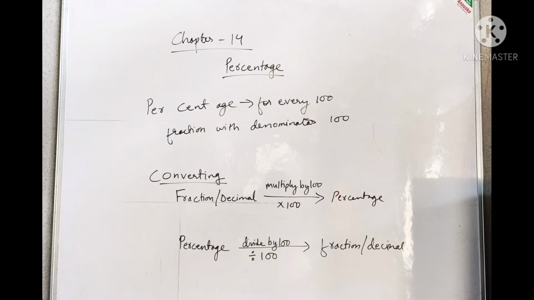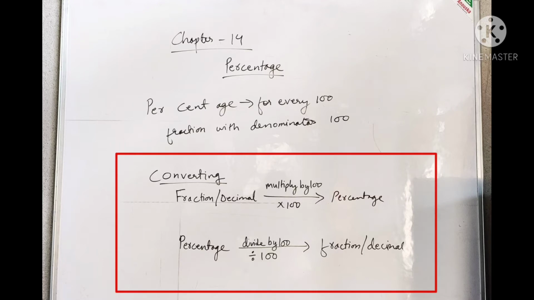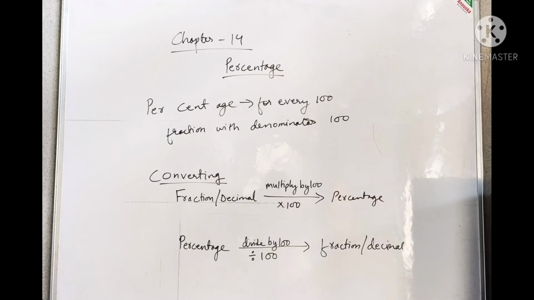When we talk in terms of percent, it is 100%, and when we talk in terms of value, it is 800. Alright, so here you need to learn two basic things for converting. When we convert a fraction, decimal, or any number into percentage, we multiply that particular number by 100. Similarly, if we are changing percentage into fraction or decimal, then we divide the given number by 100. Clear? And now let's see how to solve a few questions on the percentage.